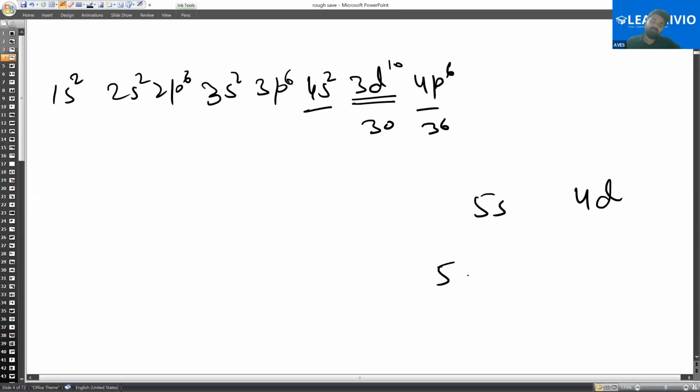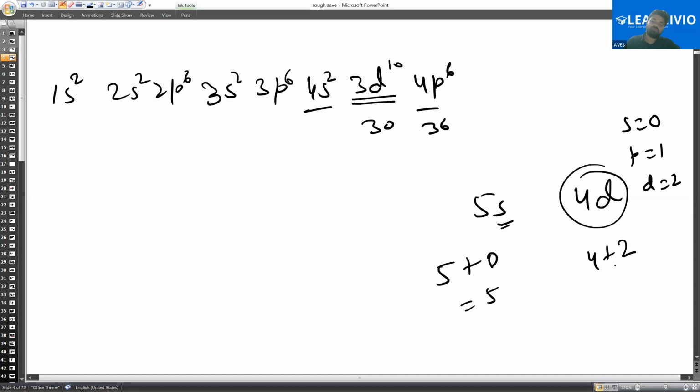Because 5 plus s is 0, so 5 plus 0 is 5, but here 4 plus d, d number is 2, means s has 0, p has 1, and d is 2. So here the number is 6, so the electron will jump into 5s first, 5s to 38 electrons,